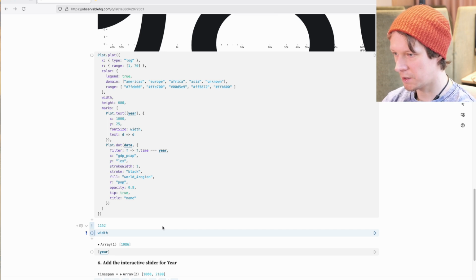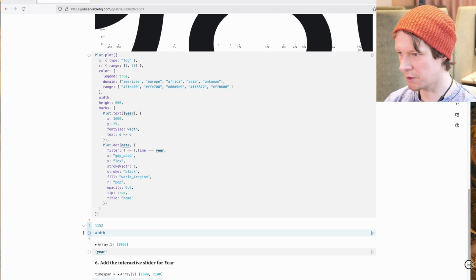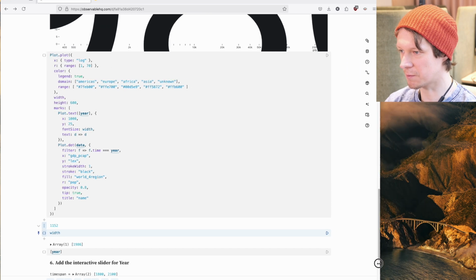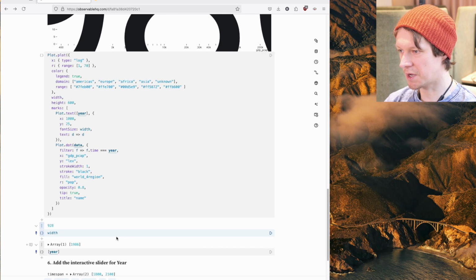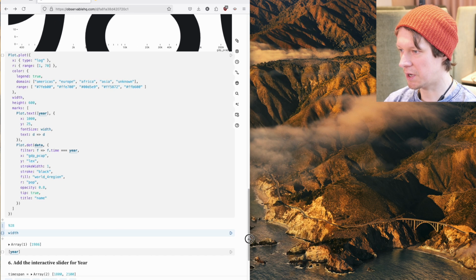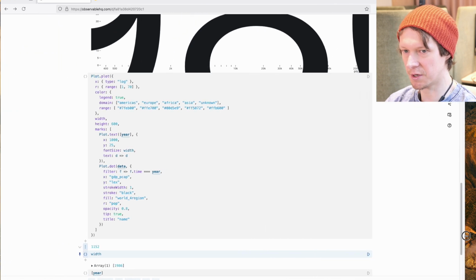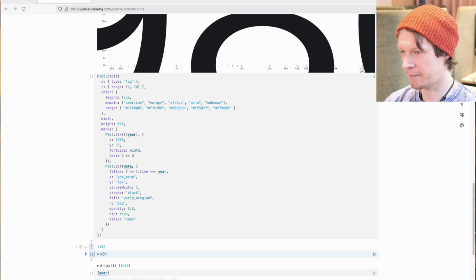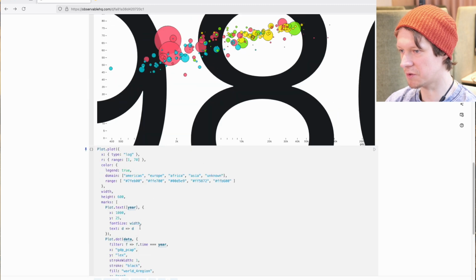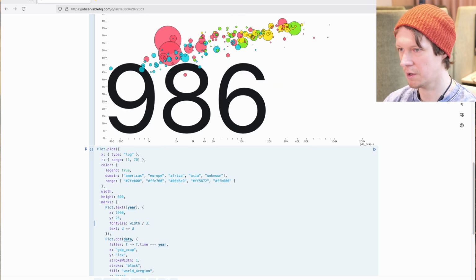it's 1152. Yeah, and if we resize the window here, look, I resized the window, it's still 1152. Now it's 828 because the window got more narrow. And now if I keep resizing the window, this thing updates the width. So this is how we can make a little bit of a responsive layout here. We just take the width, and this is clearly too large, but if we, let's say, divide it by 3, we get some kind of reasonable